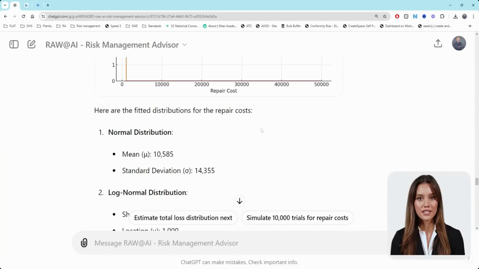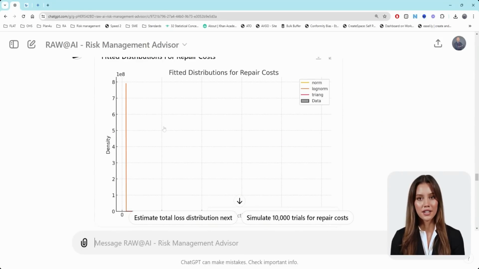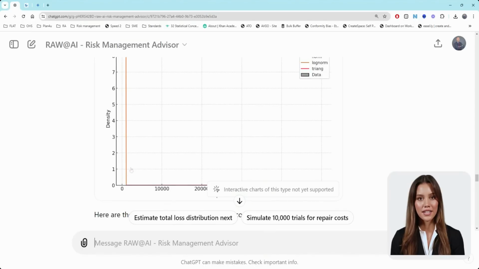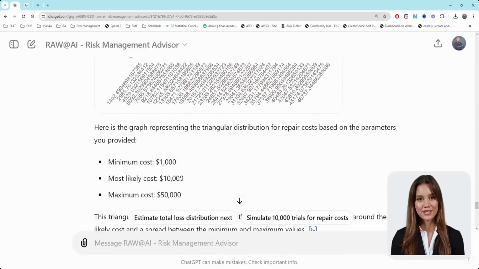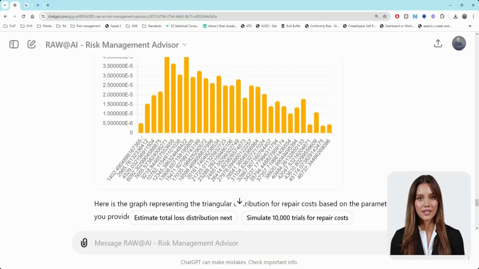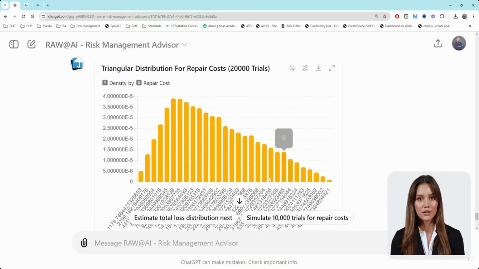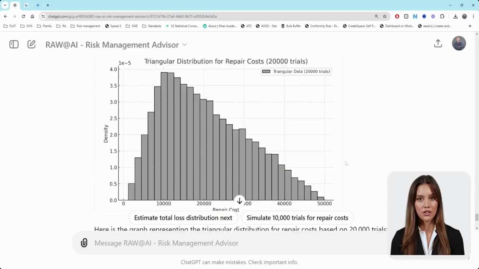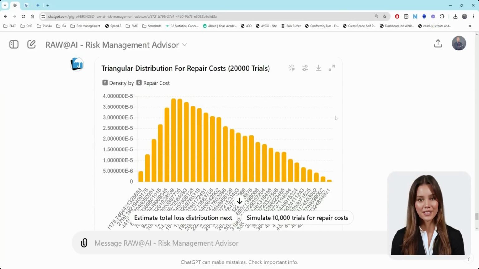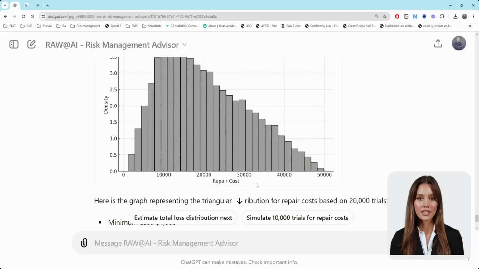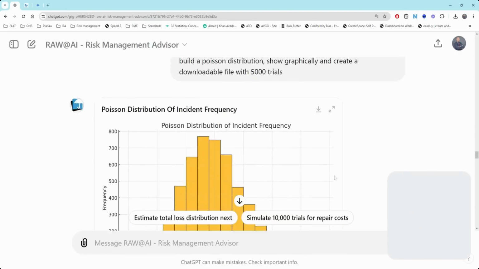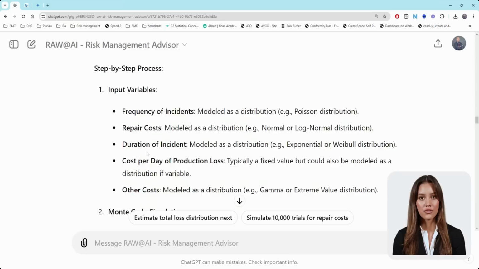What I wanted to point out is that sometimes, just like a human risk analyst, it will give you results that don't make sense. It's easy to see this makes no sense, as it's just one line, not a real distribution. Something is clearly incorrect. Sometimes it assumes a low number of trials, like 1,000, which doesn't form a proper triangle, and you have to continue interrogating it. If you switch to the new interactive graph, you can see specific data points, though it still shows 0 sometimes, which is not helpful. Switching to the old format makes it look more like a normal triangular distribution. Let's use this for our future analysis.